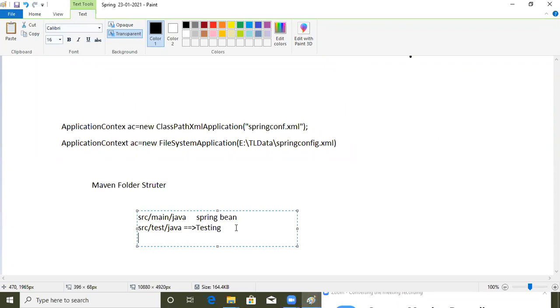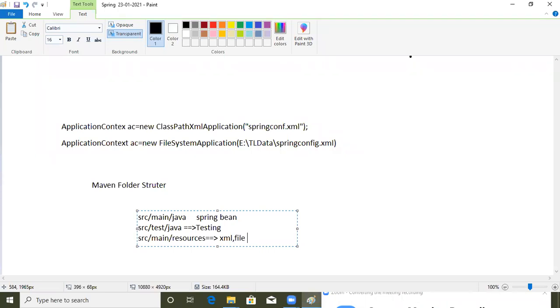Okay. Second one is what? src main is there, and inside main is resources. Inside this folder, I explained, we will write the XML files, the Spring configuration XML files. Means we can write XML files here. Another is any file that we need in our project.